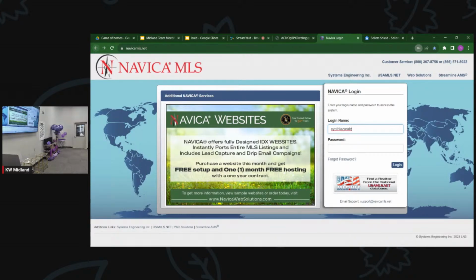Net proceeds. It took me a while to understand how to do that, but you have it in ZipForms. You can do it there. Be very careful with it because it's not the exact amount, okay? And some sellers will go after you and say, hey, I'm not getting the exact amount, and they'll want to make you pay the difference, right? So just make sure you seek help if you're not sure how to do it. You can always reach out to me and I'll walk you through it. I also have the West Texas One. It's an app on my phone, and I plug it in on the sales side.